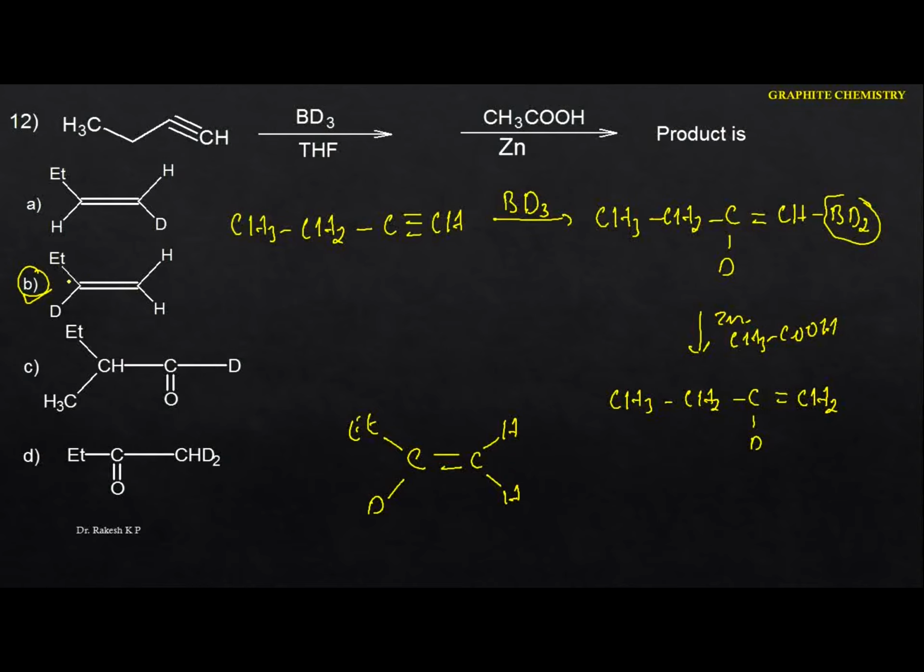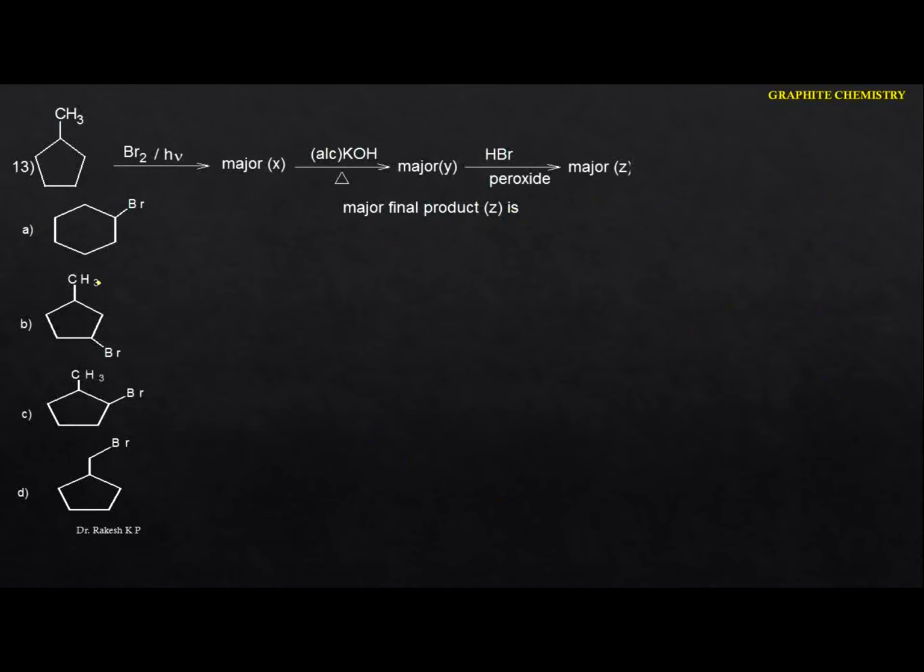So next one. Here they are given methylcyclopentane reacting with bromine in the presence of diffused sunlight. Okay, see this one here. So here the diffused sunlight, hence the reaction mechanism is the free radical one. Now whenever this type of compound reacts with bromine in the presence of diffused sunlight, you just identify the types of the carbon. This is the primary, this will be the tertiary, the remaining will be secondary.